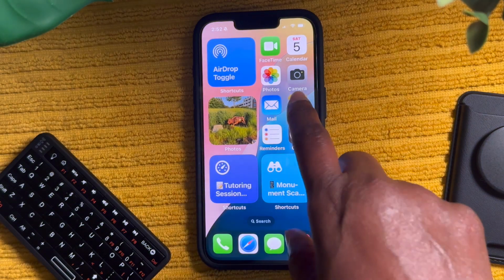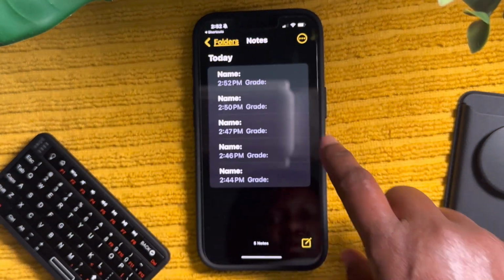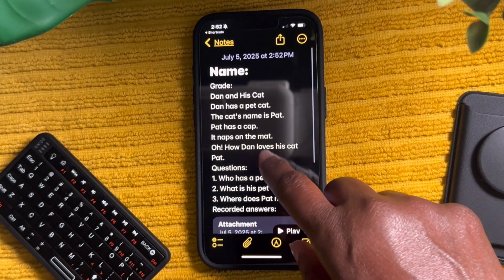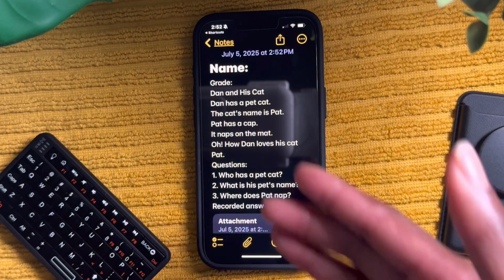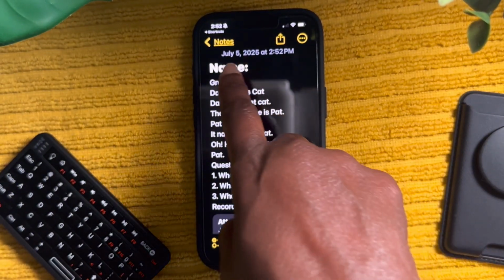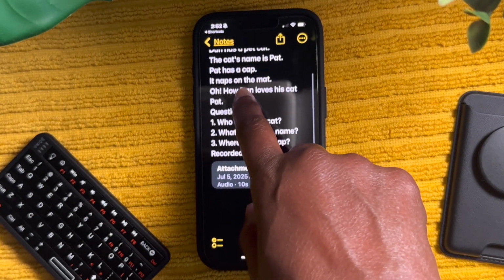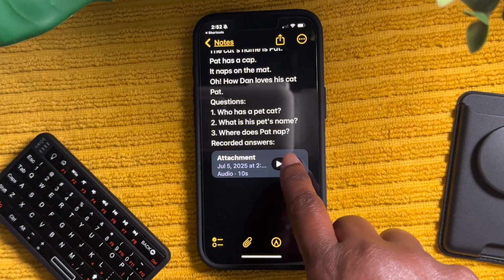And then when we go to our notes, we go to create a note from today. And of course, we can build it to have a certain name, but it shows the date and time that it was modified. Has all of the questions here, and then when I tap on play,